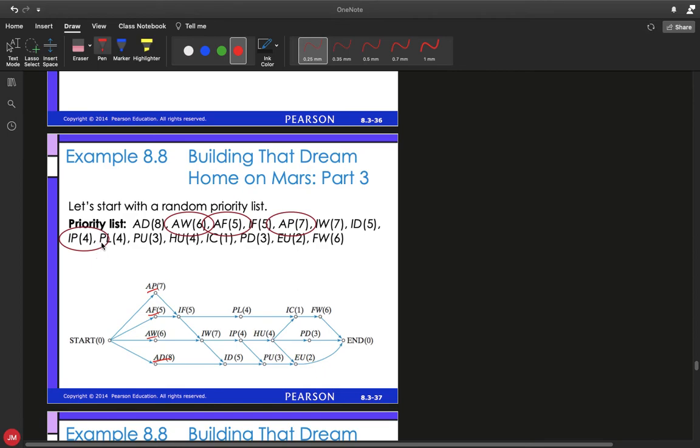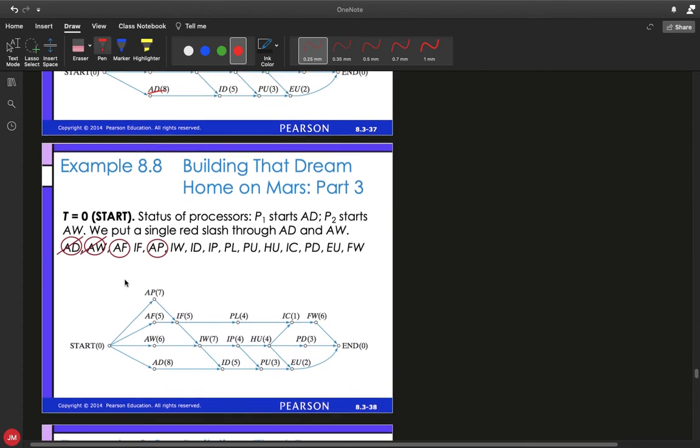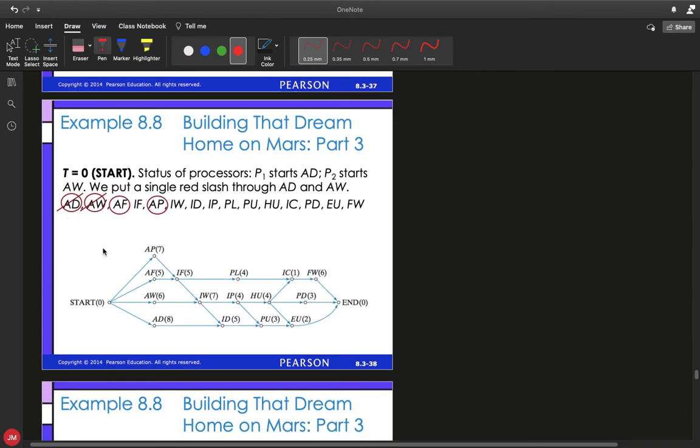I think that one was just off. This circle should be up here for AD8. IP4 is not ready yet, so I think the circles got off by just a little bit, so ignore this oval right here. Now, with 2 processors, what we're going to do is assign processor 1 the first task on